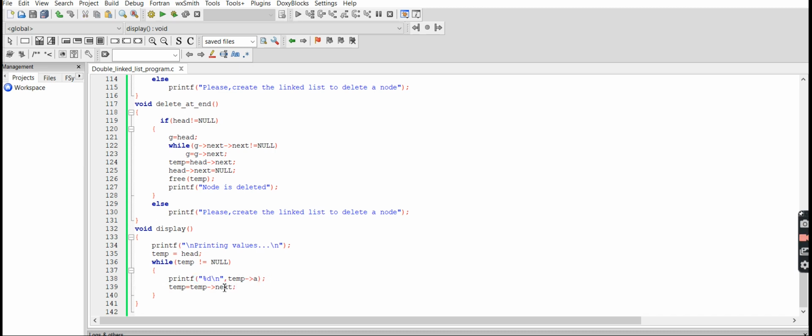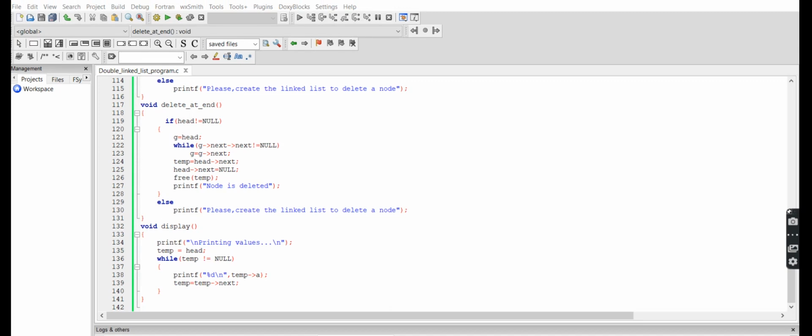After that, temp of next is assigned to temp, and it repeats this process until it reaches the last node to stop printing. Program is over.